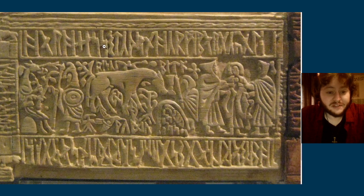What we can read for sure is we have here R-I-S-C-I, risi, which looks like rixe, more standard, so it's like rushes. Maybe that's what these plants are. And we have bita, which is bitter. Okay. And then we have wudu down here, which is wood. Okay. Not super helpful,